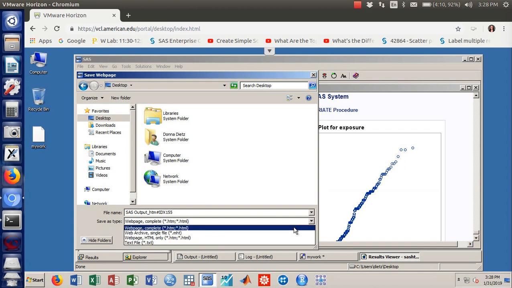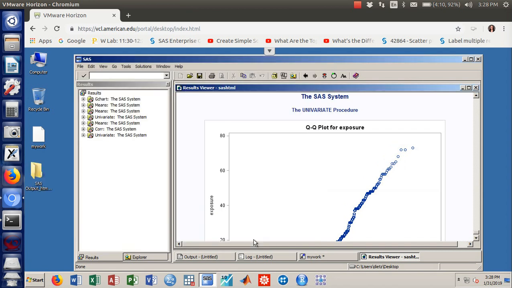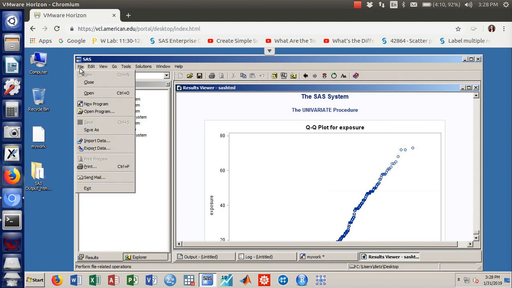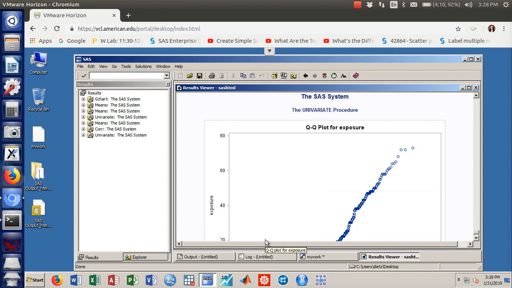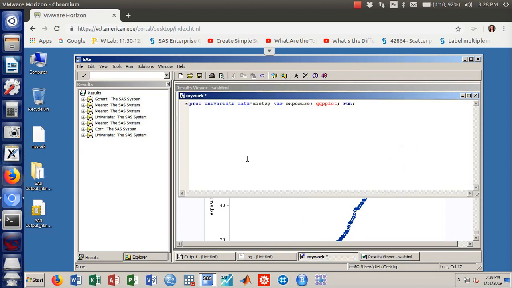So we do that again. Or you can just drag it over from wherever it came from. I'm going to save again on the desktop, and I'm going to save as a web archive. So I'm going to save both of those, and then I have both of them. I'm also going to, if I haven't already, save my work. I'm just going to hit Control S in this case. But it would be a window where you had all the work you wanted to save. Here I've just erased and erased and erased. But if you're doing this for a project,